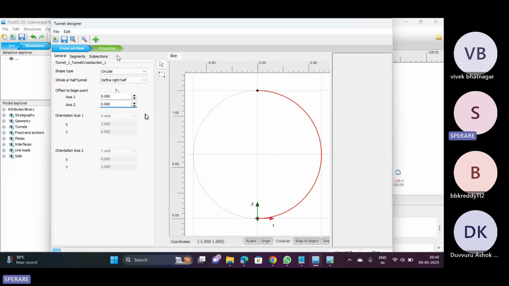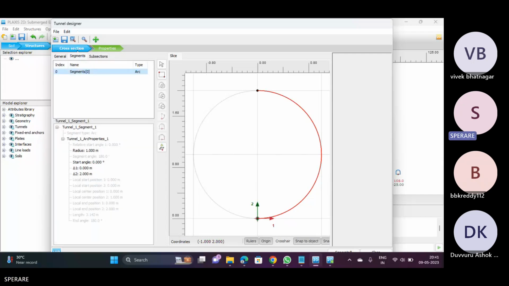And here, if you clearly see these particular things in the tunnel as a separate module, you have options like creating a cross section. In the cross section you have something called general. In the general you choose that it's a circular shape, and whether it's a right half, the left half, or a full circle, everything. And then you have an option called segments here. If you click on this particular segment,